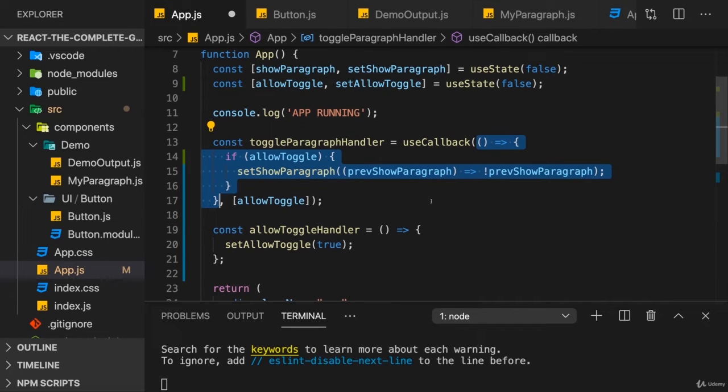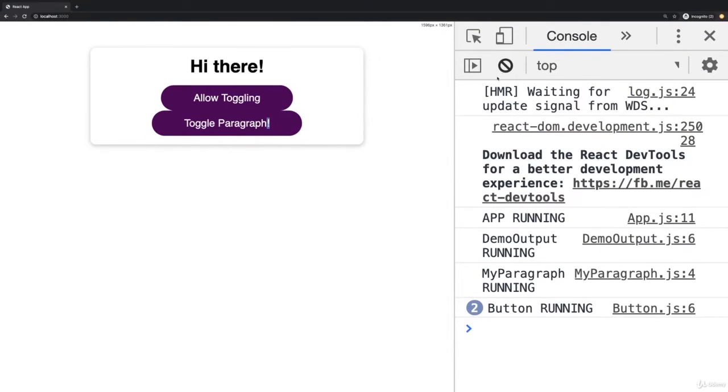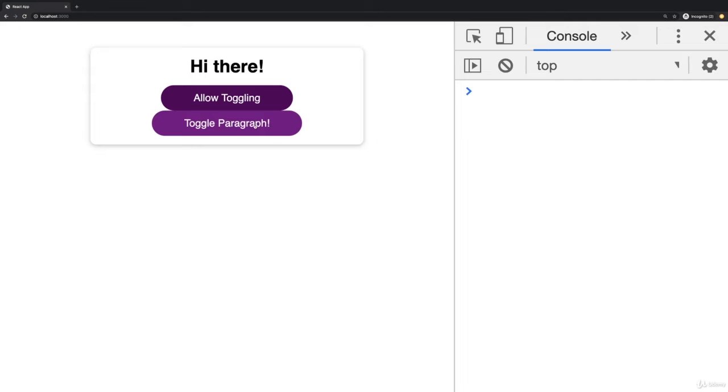But whenever allow toggle changes and it has a new value, we want to recreate that function and store that new recreated function. And this ensures that we always use the latest allow toggle value inside of that stored function. If allow toggle does not change, however, then we don't recreate the function. And with that, if I save this, if we go back, now if I click